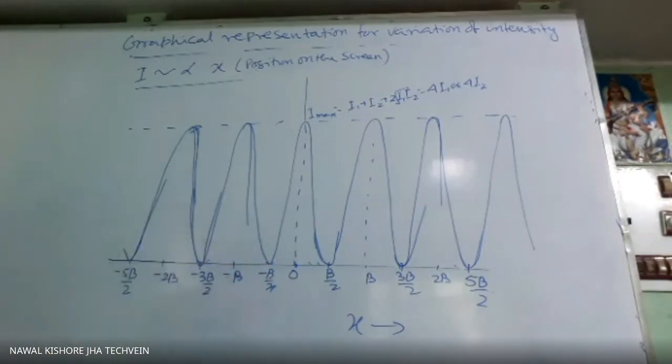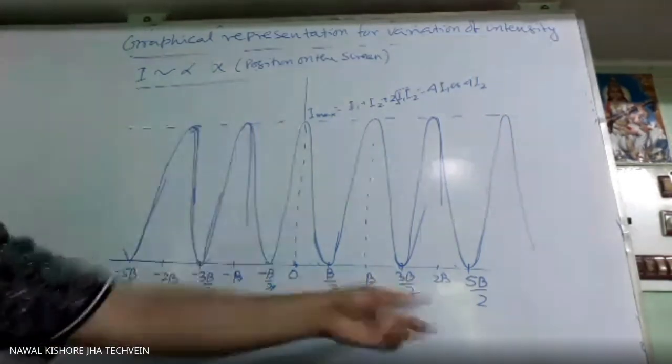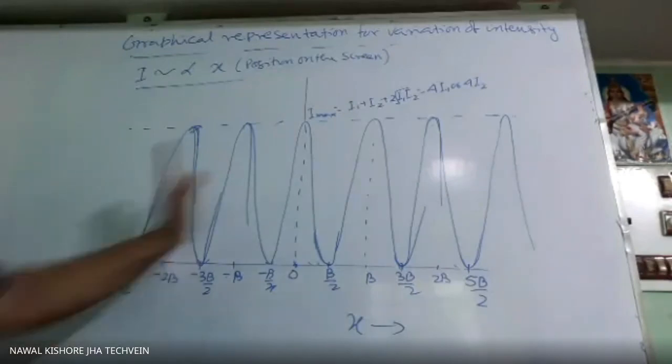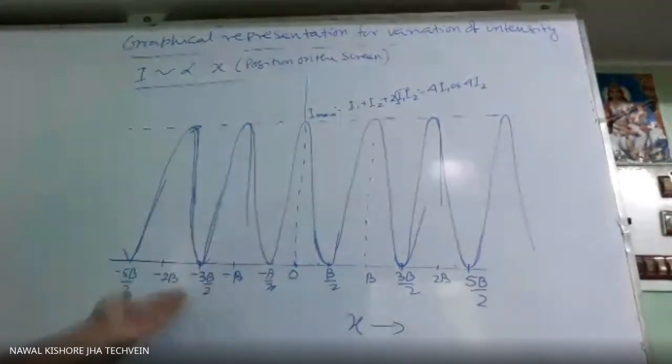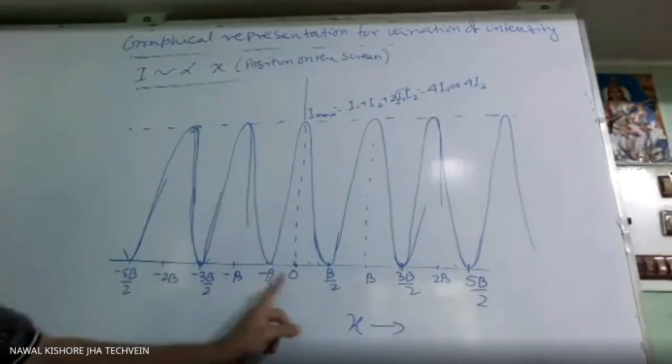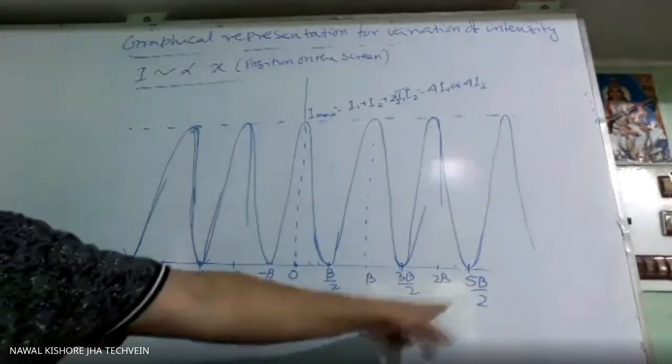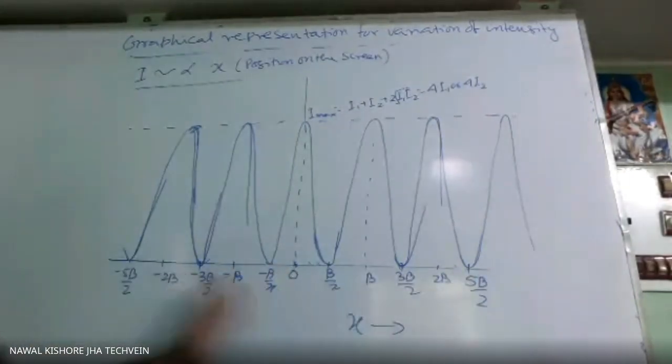So this is the intensity versus position graph. The intensity versus phase difference graph is the previous one, only the axis will change. The nature of the graph is not going to change. The graph will remain the same. Only the labeling of the axis will change. So if it is alpha, then here it will be 0, here pi, 2 pi, 3 pi, 4 pi, like that. Minus pi, minus 2 pi, like that. If it is x, then this way. Okay, so in interference, we have to discuss only this much.